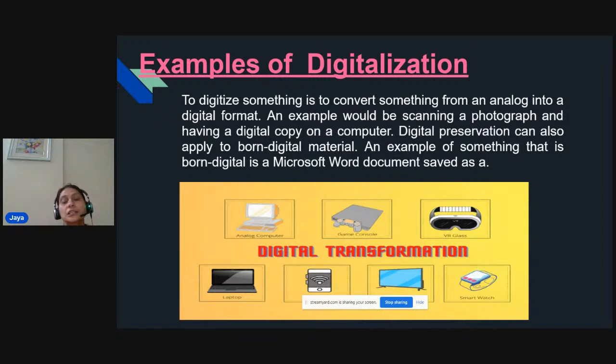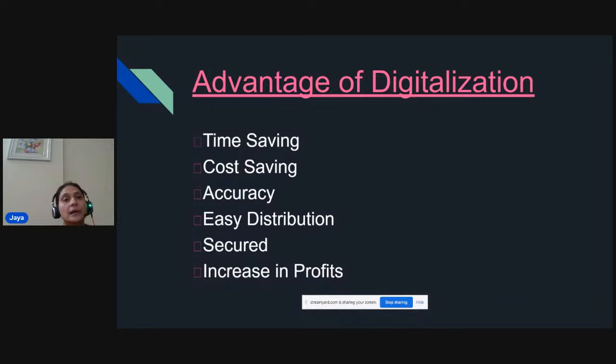So that is why the digital tool has its own impact, its own importance, its own definition, according to today's market situation. It is a really, really important tool if you're running a business on an online platform. Now we come to the advantages of digitalization.